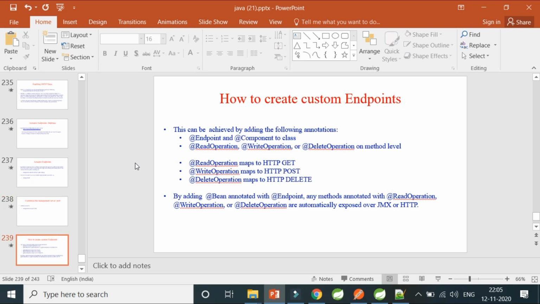Now a very important question: how to make custom endpoints for an actuator. This is a very important concept, because you might want some endpoints exposed which are not built in, but which you want. Suppose you have some databases, right? Suppose you have an employee table. Now you want to see the complete employee view in JSON format in Postman, or the response in a particular HTTP request.